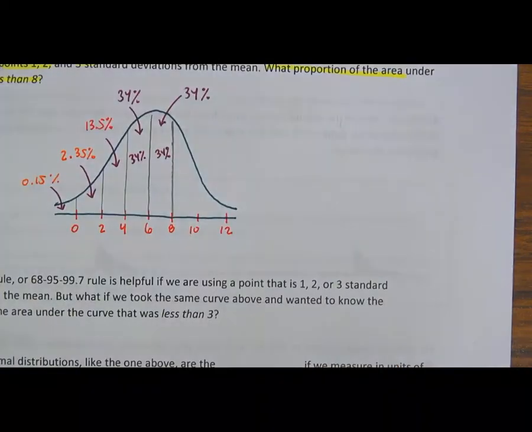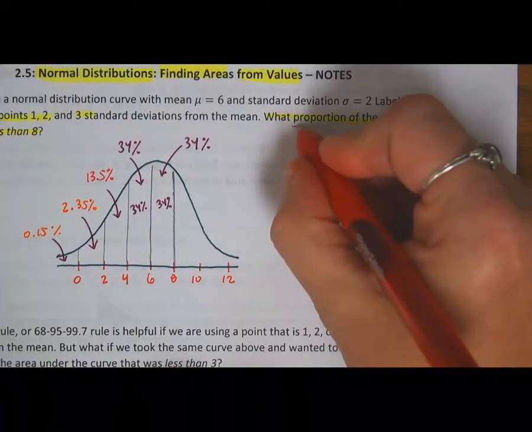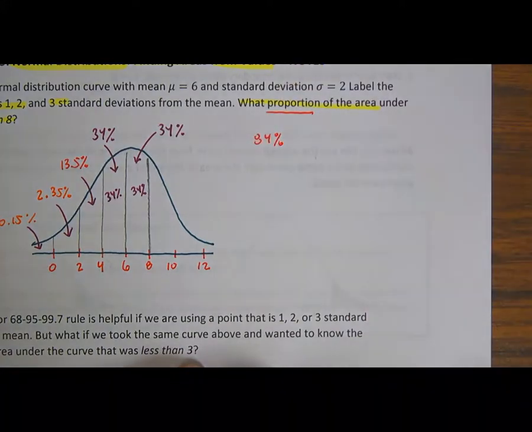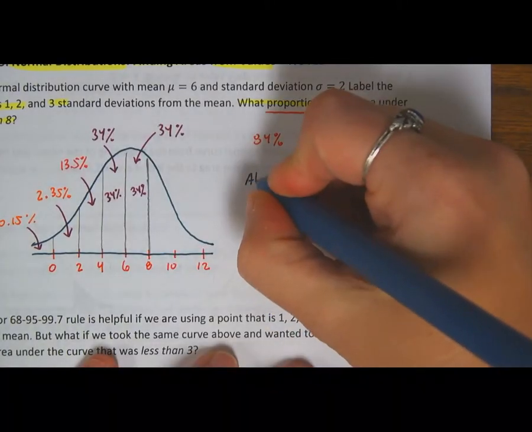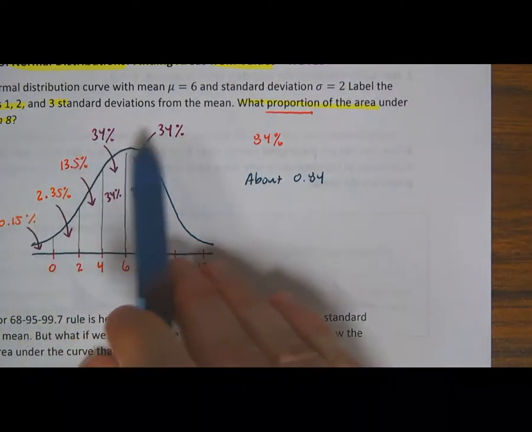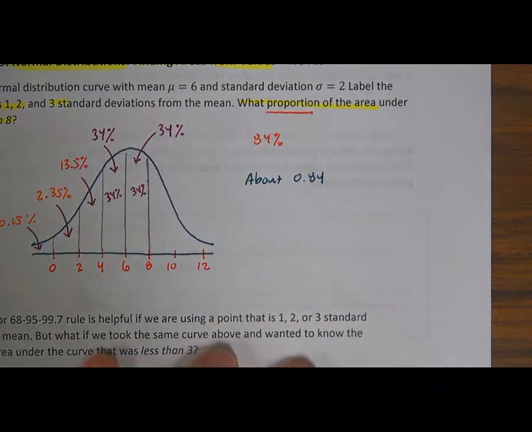So how would we write this answer? The answer is not 84 because it says proportion. So instead of writing 84%, how can I write that as a decimal? Because proportion just means decimal form. What is 0.84? Good. So put about 0.84, because remember those empirical rule percentages, they're estimations. So about 0.84